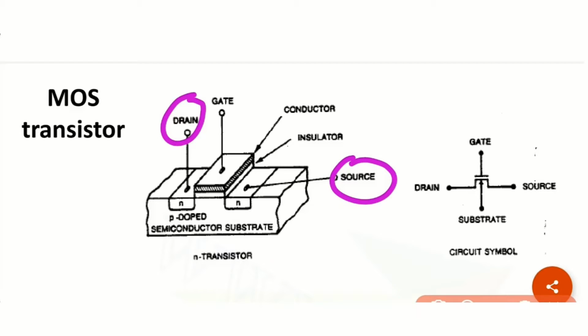The source and the drain regions are formed by diffusing N-type impurities. So here you have written N. So N-type impurities through suitable masks into these areas to give the desired N-type impurity concentration and give rise to the depletion regions, which extend mainly in the more lightly doped P region.